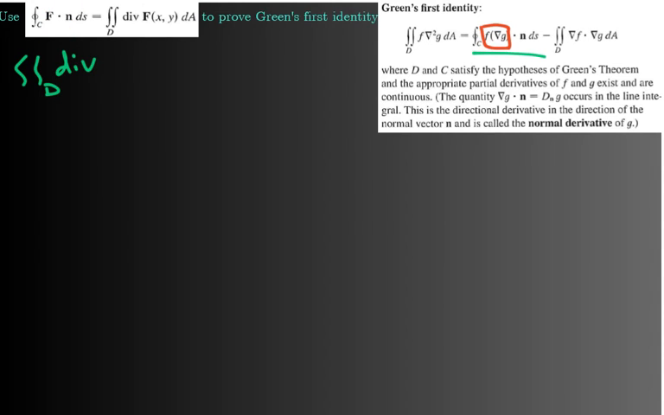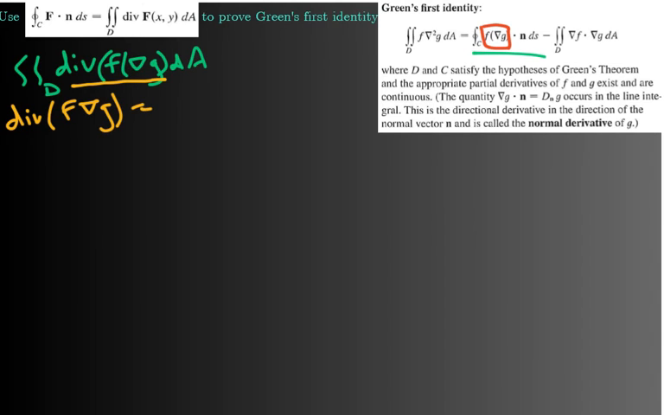And so it's going to be the same as the divergence of lowercase f times del g dA. And so then what I'm going to have to do is simplify what this thing is. So I'm just going to take the inside here and simplify that down. So the divergence of f times del g